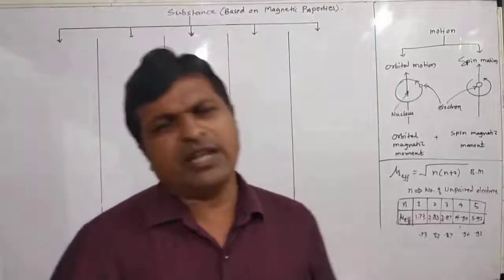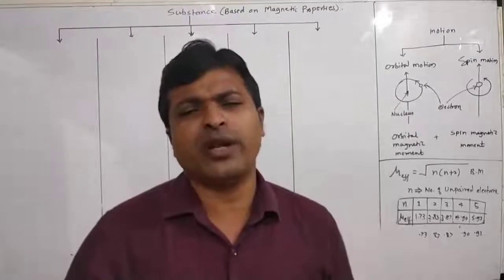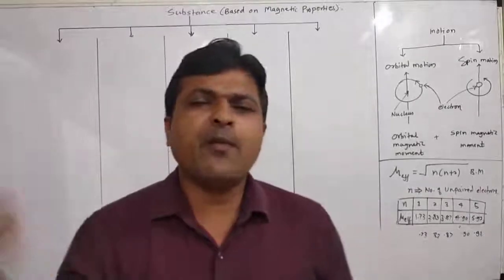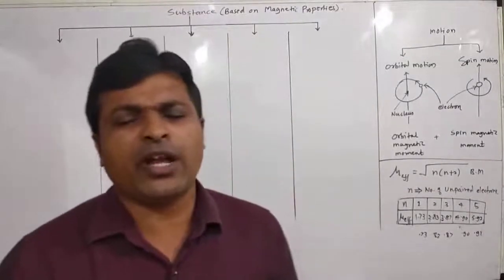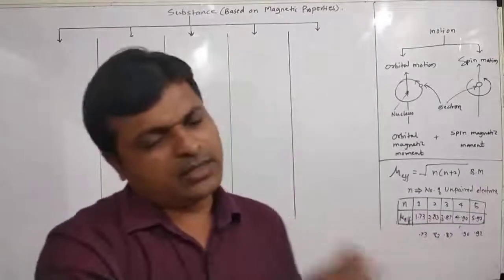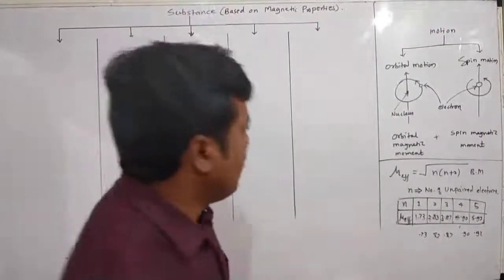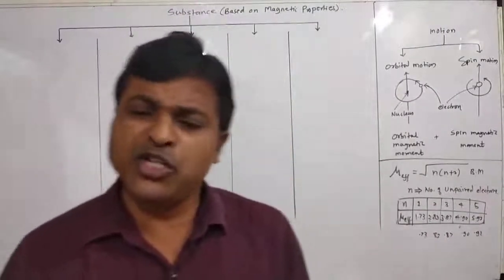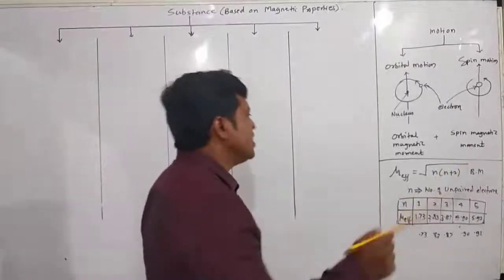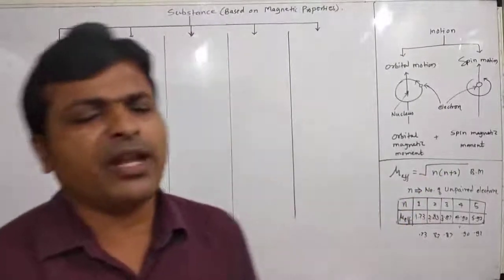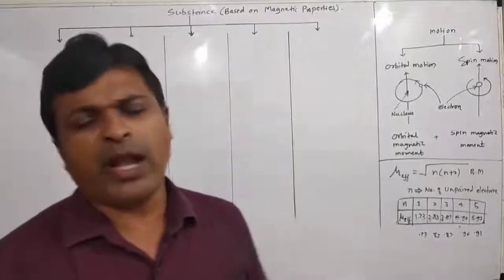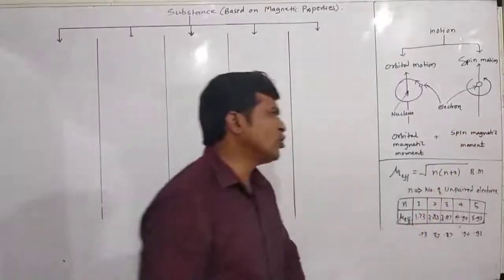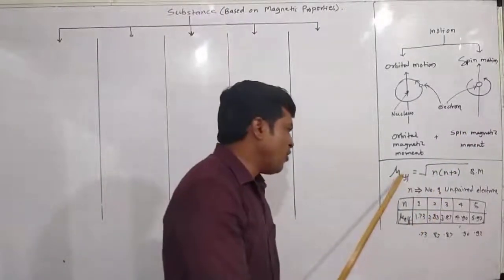In transition metal solids, orbital motion is quenched due to the neighboring electric field, that is, the electrostatic attraction of surrounding atoms. If we neglect the orbital magnetic moment in transition metals, the remaining is only spin motion and spin magnetic moment. So we can calculate the effective magnetic moment using the spin-only formula.